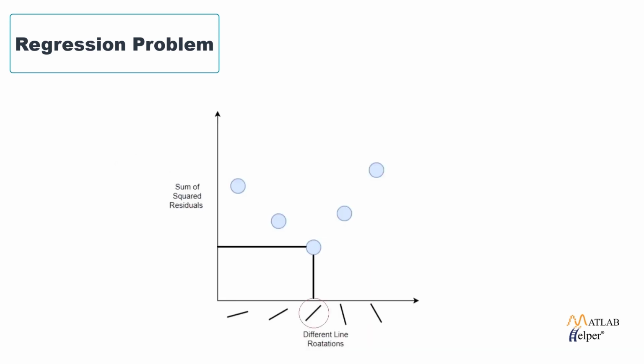Also, if we plot cost function versus rotation of the line, we will get this type of graph. And the point which is noted is the optimal value and represents the minimum cost function. If we look at the respective rotation of the line, this line will represent the best fit of the available data. So this is how we can find the global minimum point of the function.